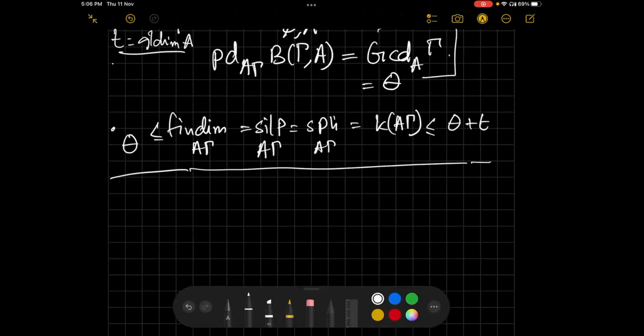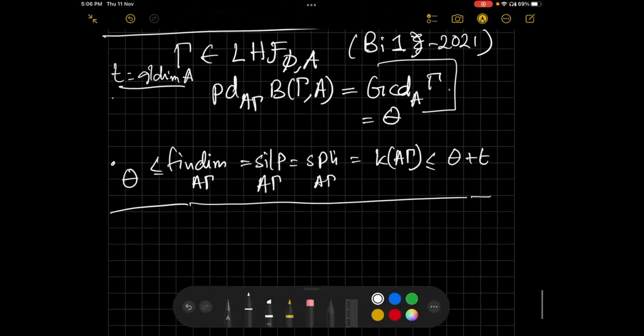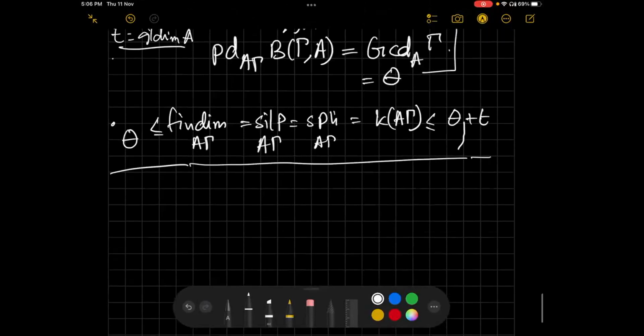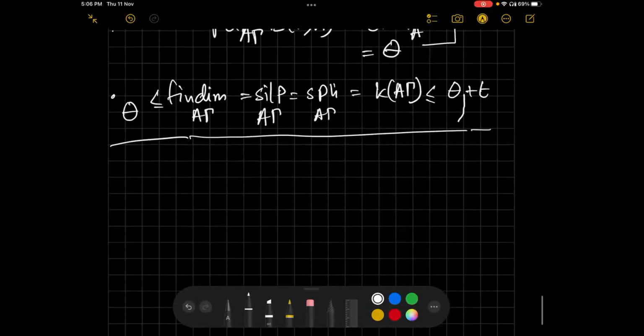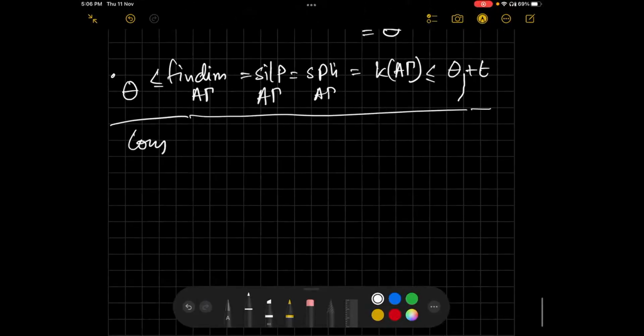Now, I'll just mention one last conjecture and a related result from group cohomology, and then move to derived categories and reap the harvest, exploit this result to get our desired generation result. So that last result is actually a conjecture. Well, it starts with a conjecture. Conjecture is of course not a result.